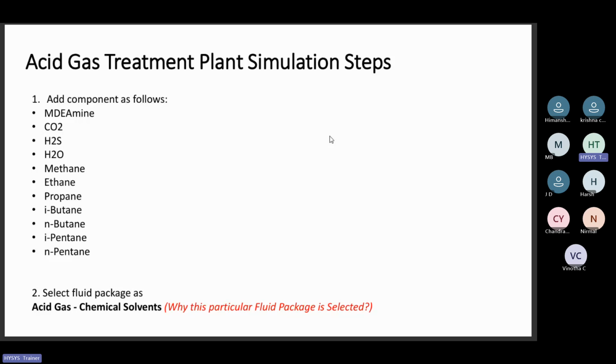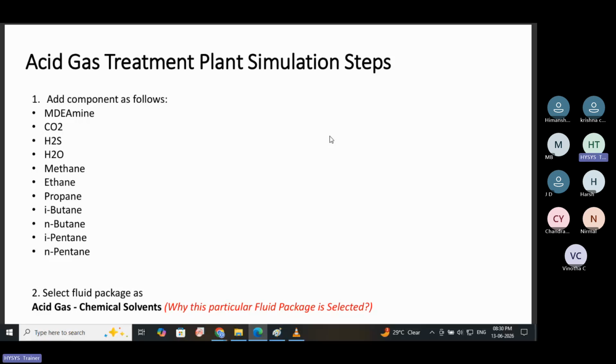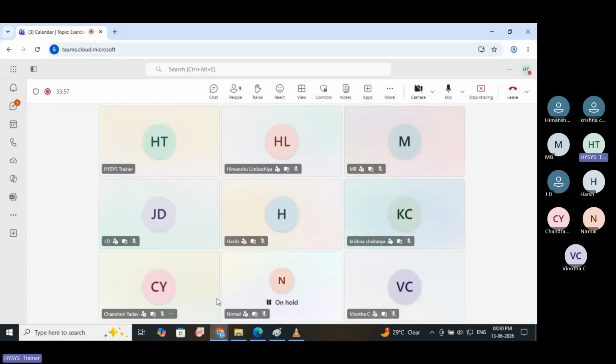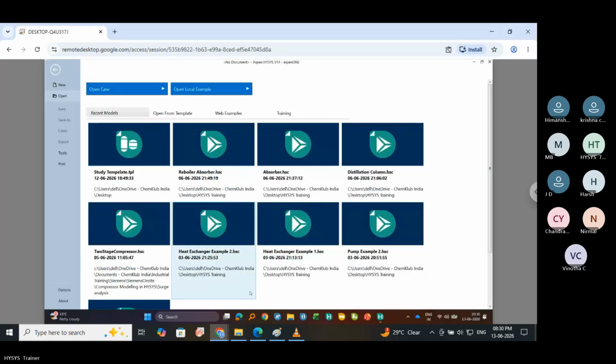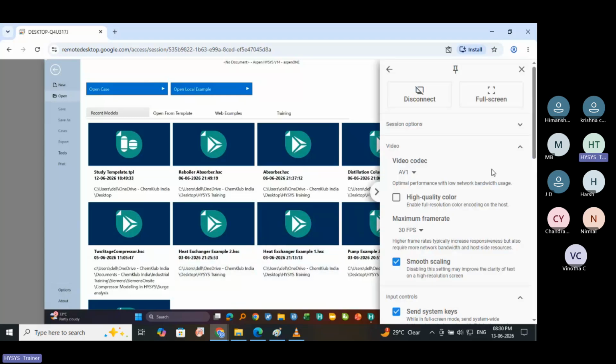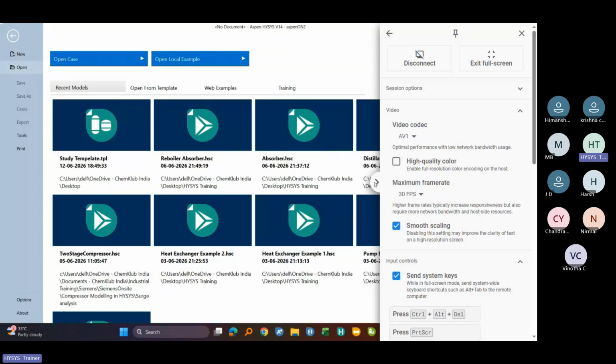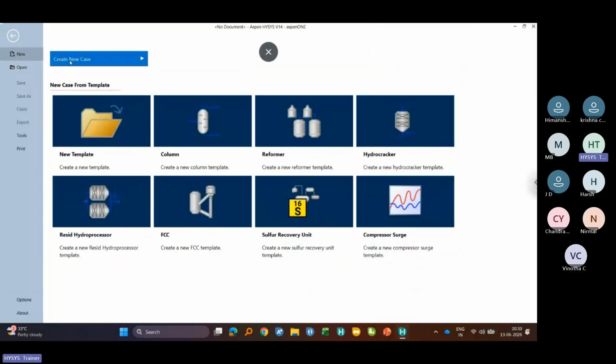It can cause the acid gases to come into the sweet gas part to a greater extent if you give some wrong specifications. So don't ever do that. Try to get things in a very precise manner. For that reason, go slow and try to incorporate all the conditions that are given in the problem statement. So we will start with today's session